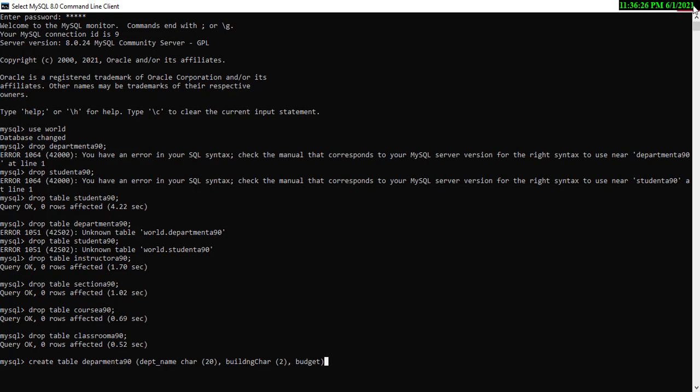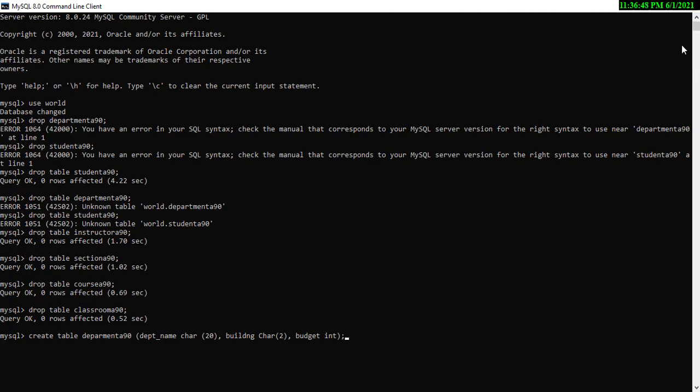Okay, department, building, then building character 2, and budget can be integer, and the semicolon is used to terminate the query. Now keep in mind that we have to implement the constraints on this table.